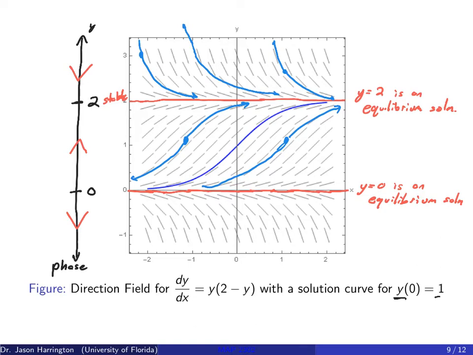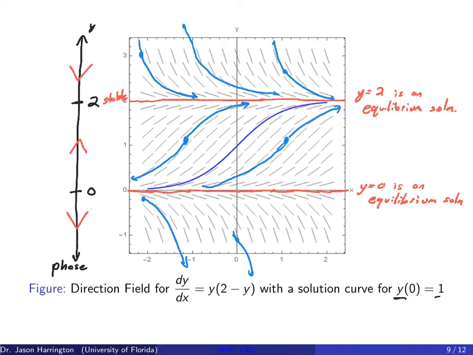And at 0, we see that everything is going away from the equilibrium solution, y is equal to 0. In this case, if I were to pick any value, like let's just try -1, for example, that's just going to go right off. If I were to pick, let's say, -2, something close to 0, we can see that that's going to also go away from it.